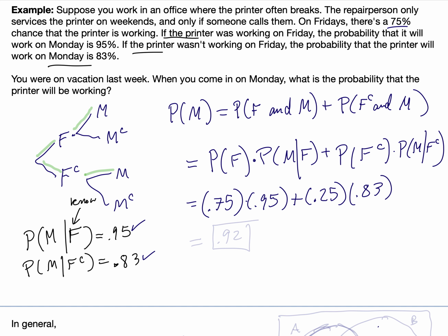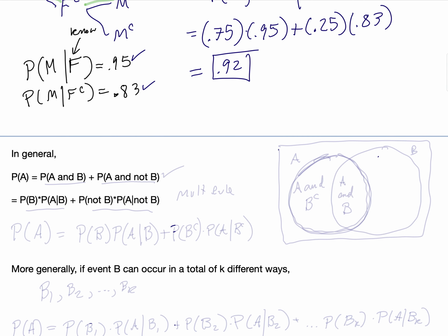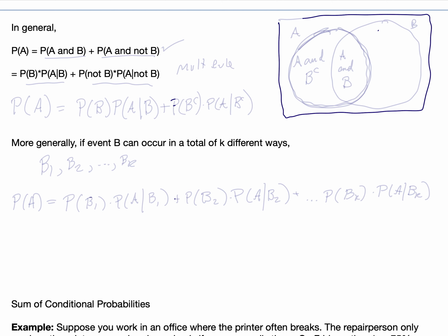And so we can throw those values into a calculator and we will get 0.92. So the probability that the printer works on Monday with no knowledge of what happened the week before is 92% or 0.92. So to think about this in a more general sense, if we've got two events A and B,